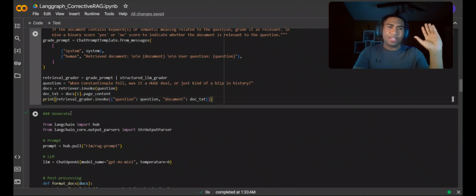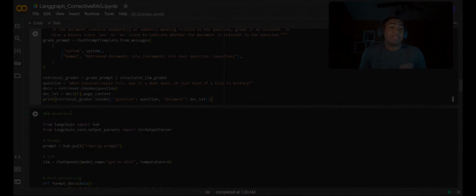This question is pretty, what's the word I'm looking at? It's not ambiguous. But when I was trying to figure out what questions would be helpful to ask when it comes to corrective RAG, let's say on, you're everyone, using,